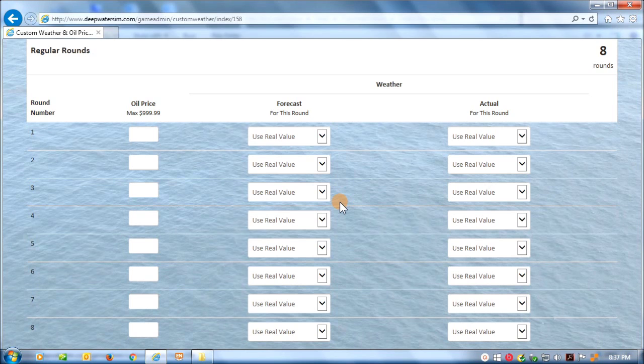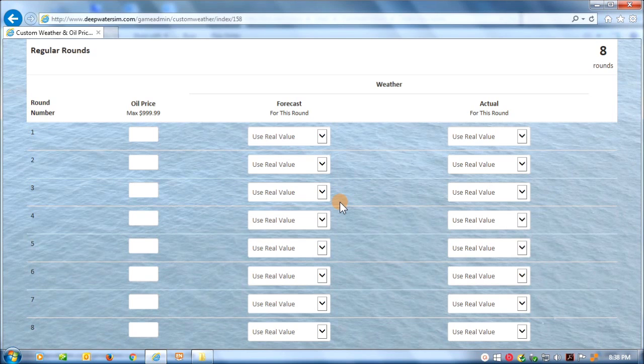So rig operators in the real world out in the Gulf are faced with the challenge of how long do you wait before you shut in. You don't want to be operating in the midst of a hurricane, but there's always a lot of uncertainty about how strong the storm is, when it will arrive, and that uncertainty presents a real challenge to rig operators. And so you can recreate that challenge by setting